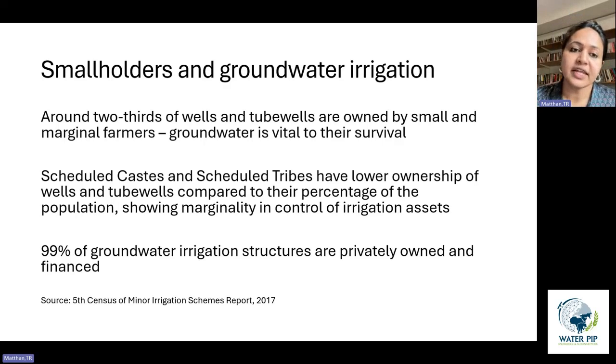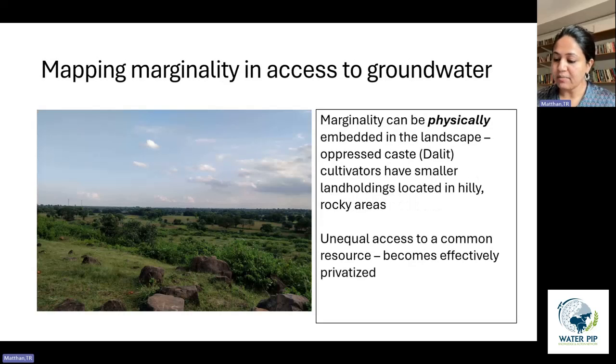And also significantly, most groundwater irrigation infrastructures are privately owned. They're owned by individuals and sometimes small groups of farmers. And they're also largely privately financed. A lot of these structures are financed through savings or through loans. They're not publicly financed. So in this context, I think marginality is quite interesting to think about, because at one level,